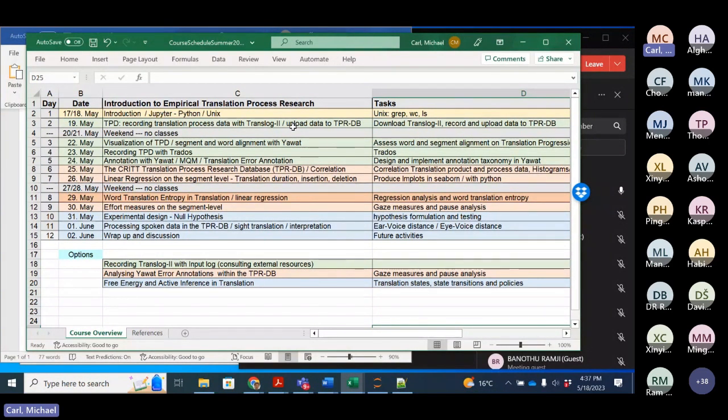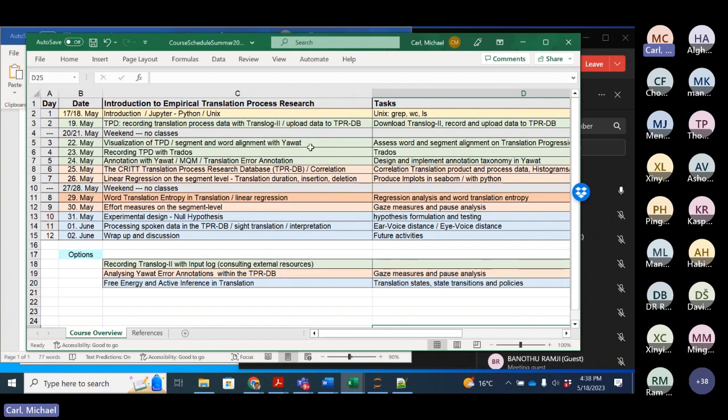And then you gather data, you produce data, an XML file, and this file can then be uploaded to a website, to this TPR-DB, to this Translation Process Research database. And this is then basically the main part of this whole analysis, looking into this database and looking into how this data is represented and how data can be added and modified and so on. And that's what we will do during these sessions and so on.